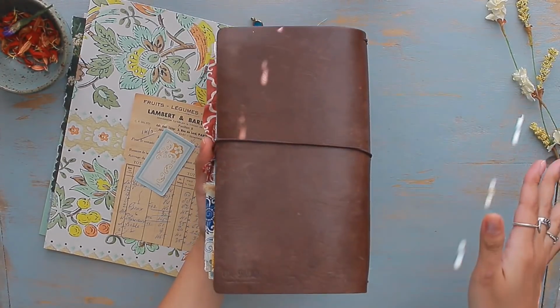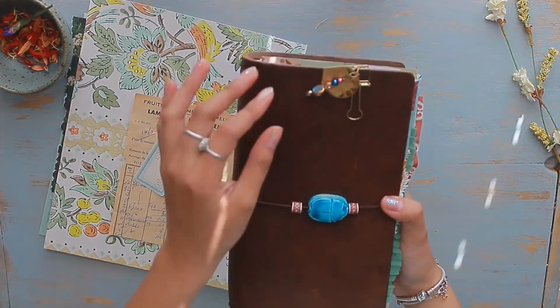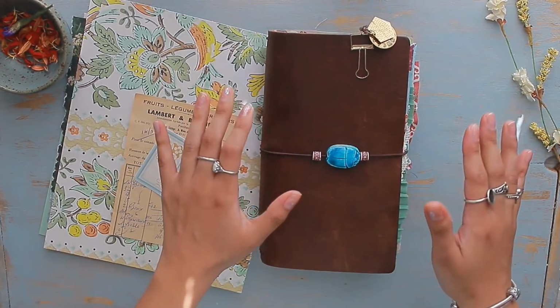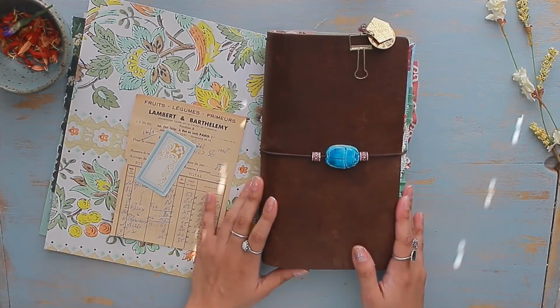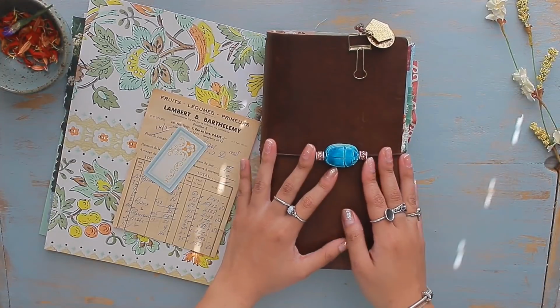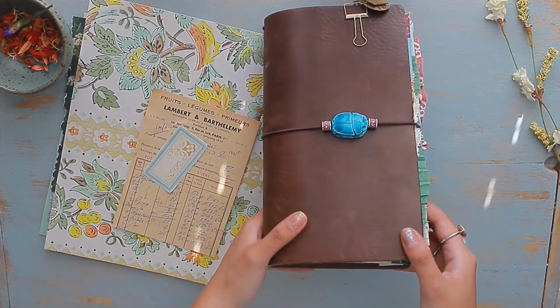It's not like I've been gone for a long time, but it's been a while since I just turned the camera on and played with my journal. This is my traveler's notebook, and I'm talking to you guys. I'm in the mood to talk and I'm in the mood to share, and I am going to be playing